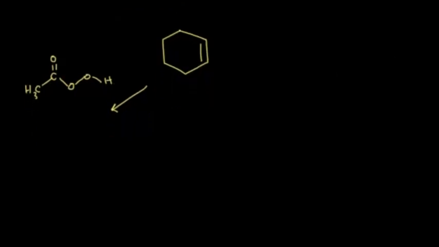And when we draw our product, let's go ahead and draw our product. We form an epoxide. And I'm going to go ahead and draw the product with a wedge here, so there's an oxygen coming out relative to that plane. And if we go ahead and name our product, the parent name would be cyclohexane, and our epoxide would form between carbons 1 and 2, so we could go ahead and name this as